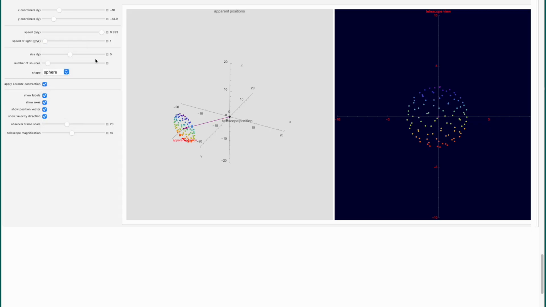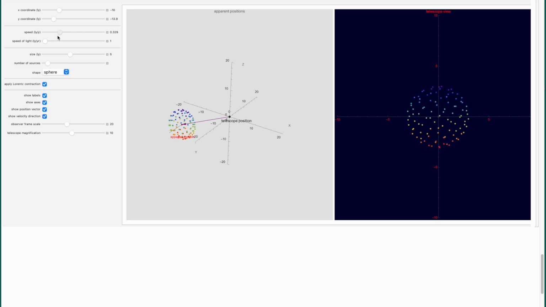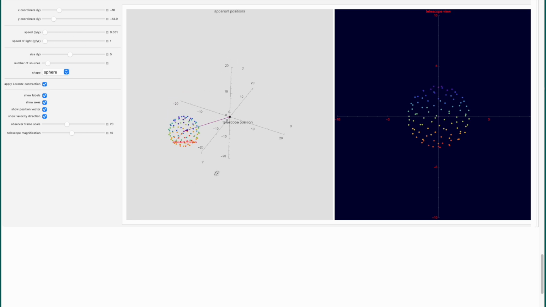And you may say to yourself, well, that doesn't look much like a sphere, at least over here in the God's eye view. That doesn't look very much like a sphere at all. But remember, we're moving at very high speed. So let's move the speed back down to near zero. And you see at near zero speed in the God's eye view over here, the coordinate view, if you will, it does indeed have a spherical shape to it.